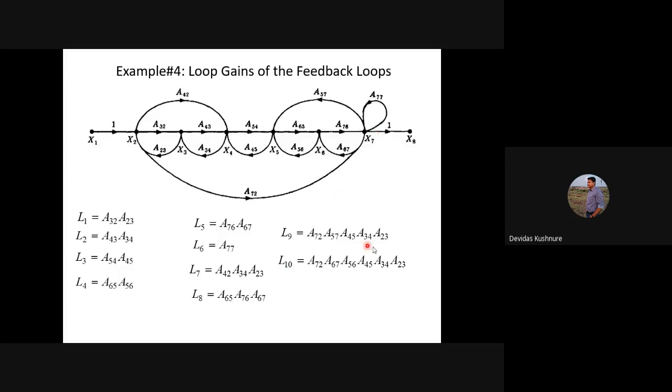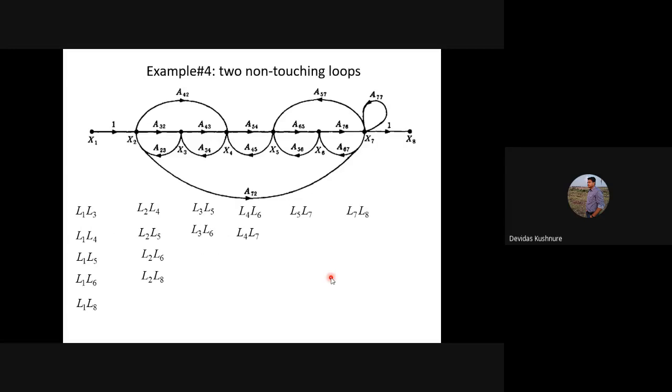Likewise we have L9, it is starting from A72, you can see here A72, this side, this one, this one, this one, this is the end, right? L10 again we have the same. So in this way we have to check all the possible loops, then we have to calculate the combination of